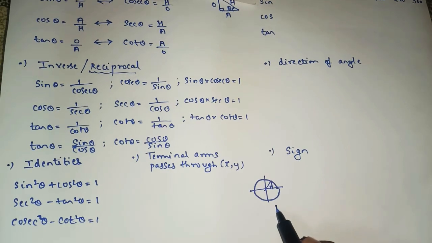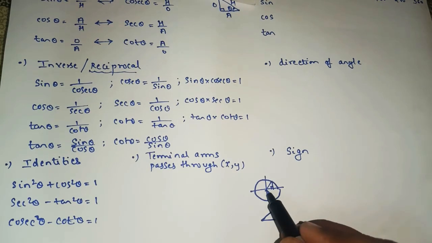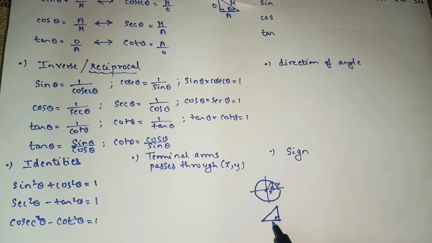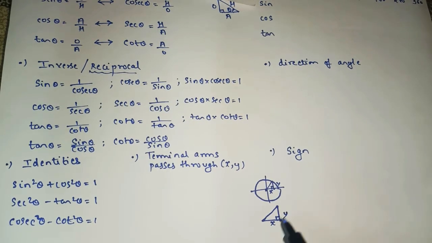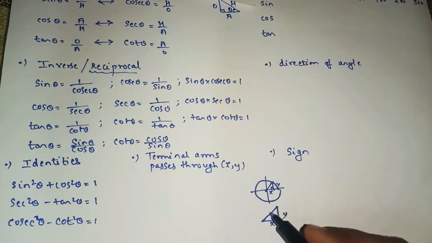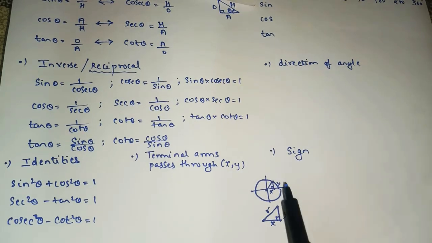So now we'll consider this part separately. From here to here the distance is the x-intercept. From here to here the distance is the y-intercept. So this is x and this is y. The line which I drew is from the center, so this is the radius. Why did I say this circle is a unit circle? Unit circle means the radius of the circle is 1. For a while just consider the radius is 1. So this is the radius, this is the x-intercept, and this is the y-intercept.